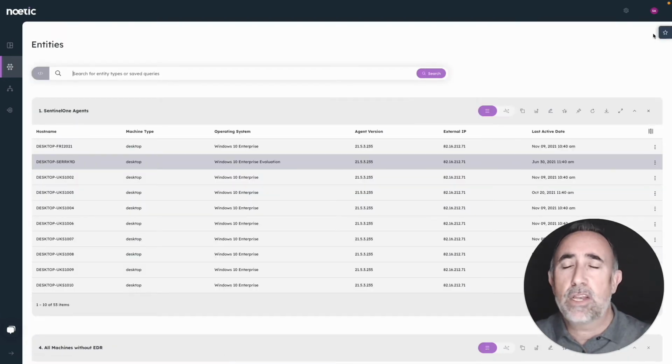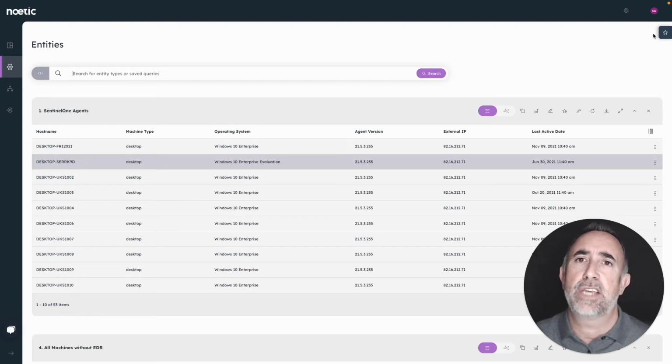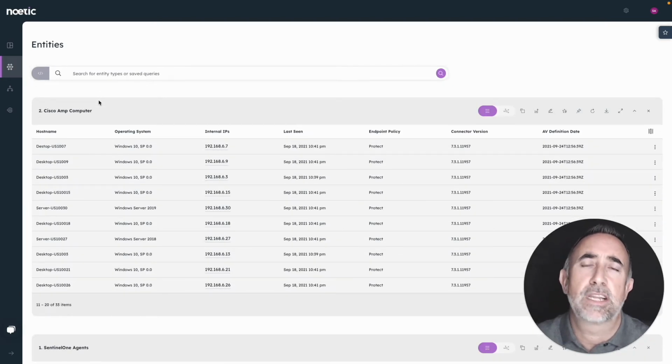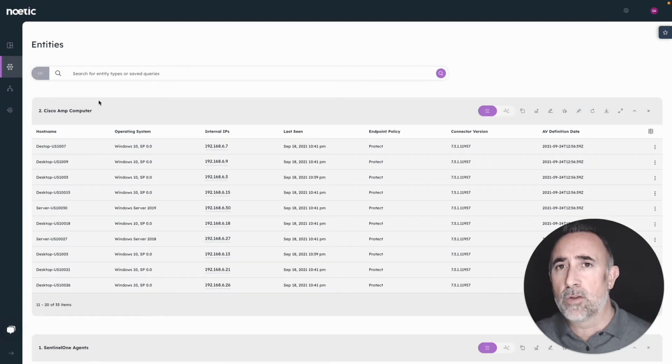That's all very interesting, and we can build more queries to query things that are more interesting, like maybe those machines that haven't checked in within the last 3 weeks, or those that have got old antivirus definitions, or those machines where there's a problem with the agent. In my environment, I'm actually running multiple sites and multiple technologies. So think of an organization that's gone through mergers and acquisitions as an example, and maybe they've adopted another company